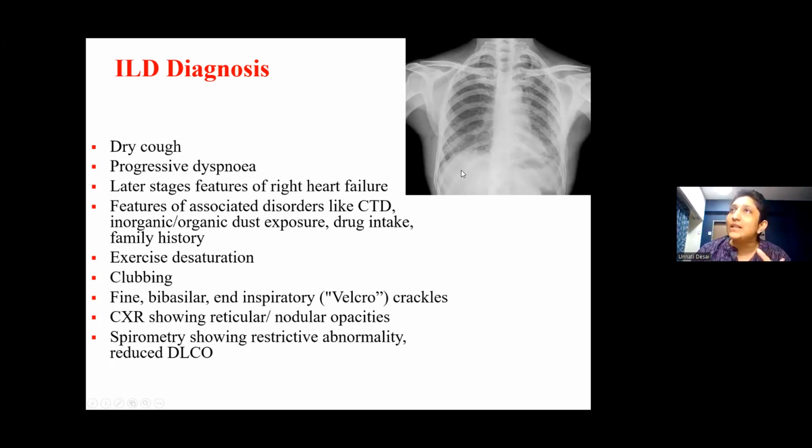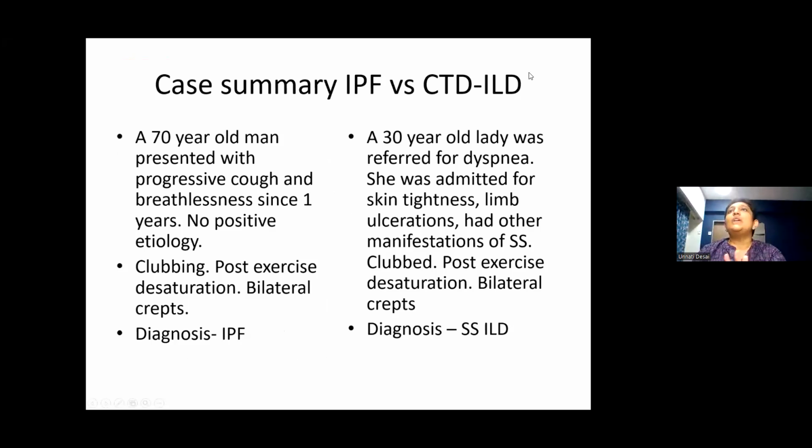There are certain advanced tests which are often available in the outpatient department of a pulmonologist, like simple spirometry, in which you would get a restrictive abnormality. So to give you an example of 2 types of ILD in the last week, my residents told me about 2 patients. I had a 70-year-old man who presented to my outpatient department with progressive cough and breathlessness